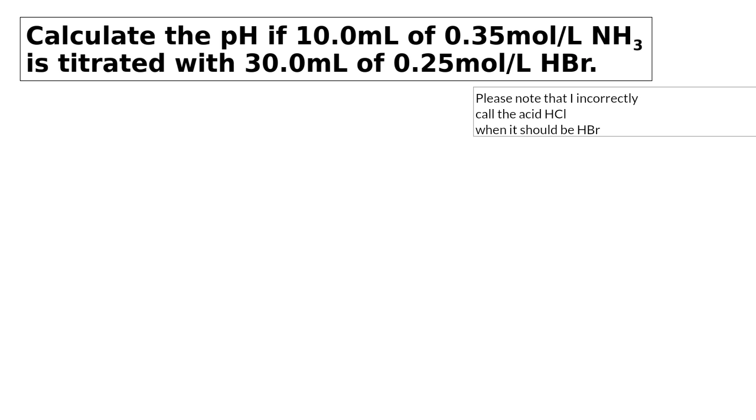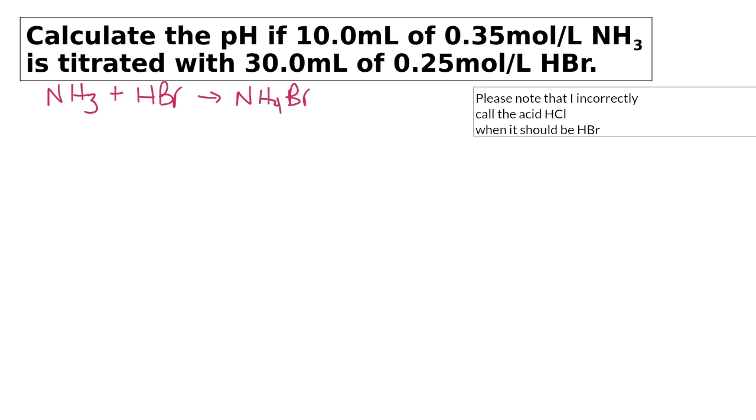Another type of titration calculation we can do is when we haven't quite reached the equivalence point. So here's an example where we're going to calculate the pH if 10 mL of 0.35 molar ammonia is titrated with 30 mL of 0.25 molar HBr. So notice that the word equivalence is not here. So this makes us very suspicious that we are not at the equivalence point, and we're at a point in the titration where there's an excess of one of these reactants. And we can figure out who that would be,